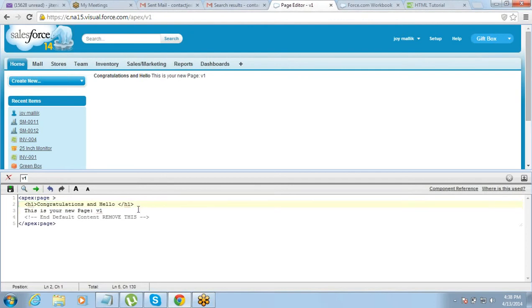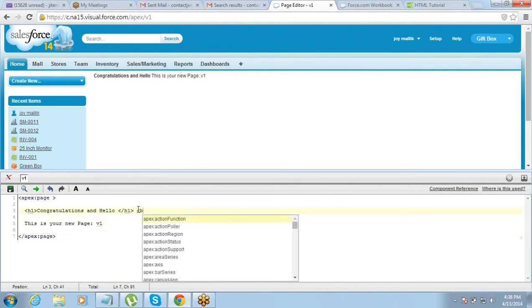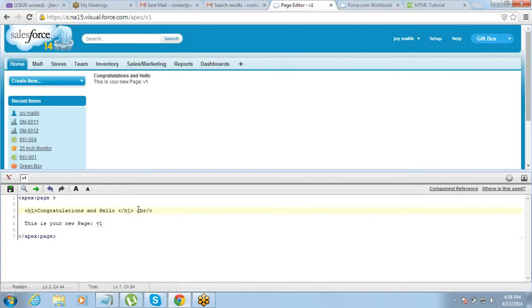This is a comment. I'm removing the comment. Line break is also an HTML tag. Now let's look into the basic code that we have. We have just typed congratulations.